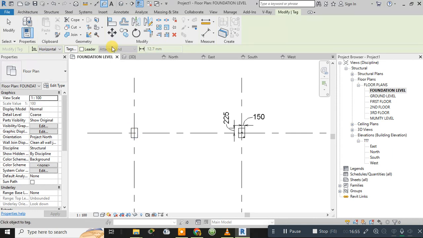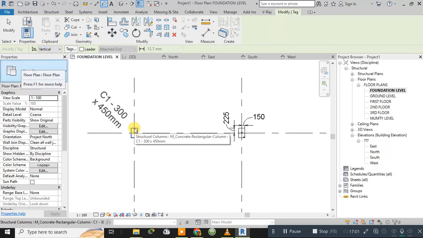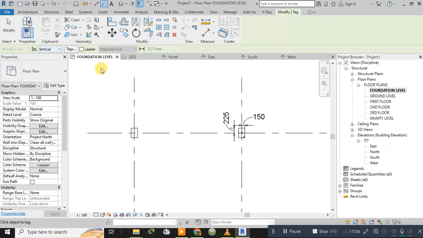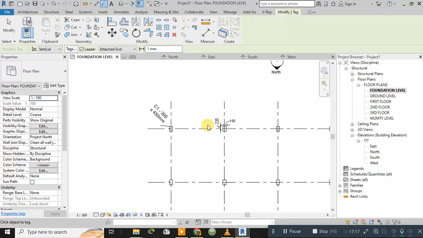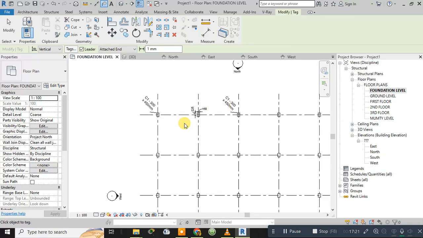And if we want to make this one vertical, it will show you in this manner. And if you want the leader, and the leader height should be only 1 mm, then it will show you in this manner. So let me click it here. Okay, similarly you can click it here, but if you want all the columns to be named together, then